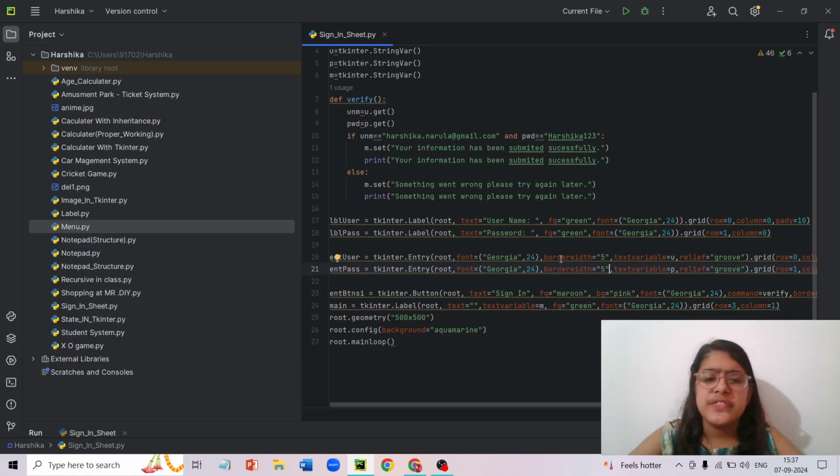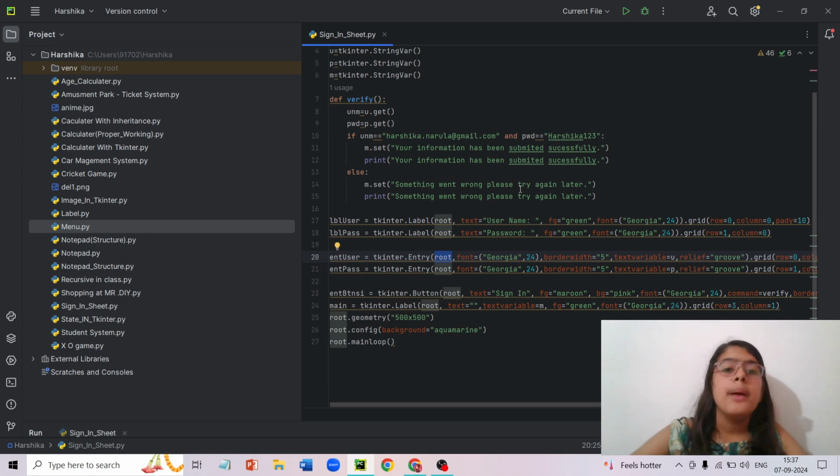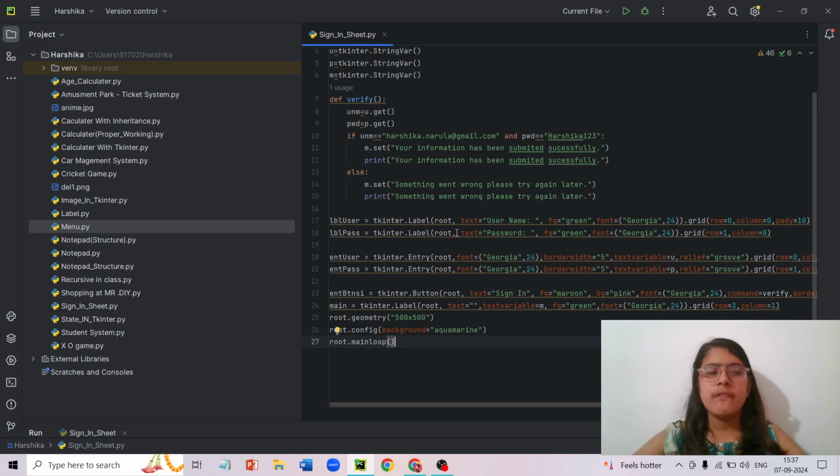Then next I've given these fonts. This is always a container, like where I want it to be. Because in one project, there can be various windows. And in my next video, I'm going to show how to make a frame, which means it's like a specification without a grid in which you can tell that this should be here, this should be here. It is super easy, so stay in touch.